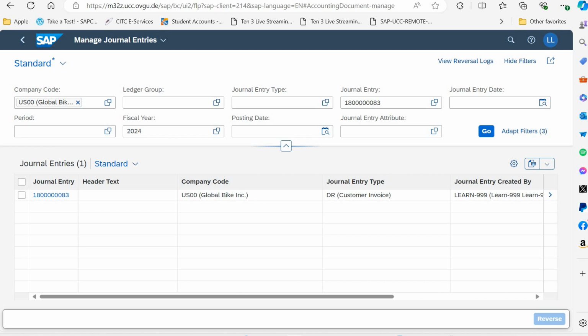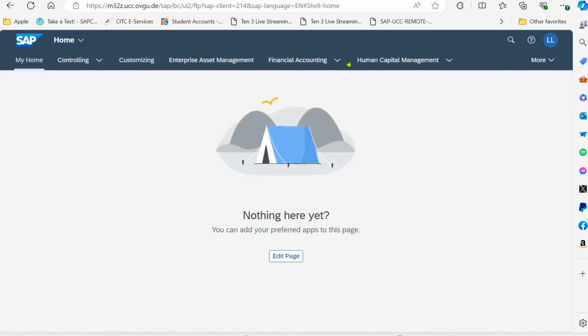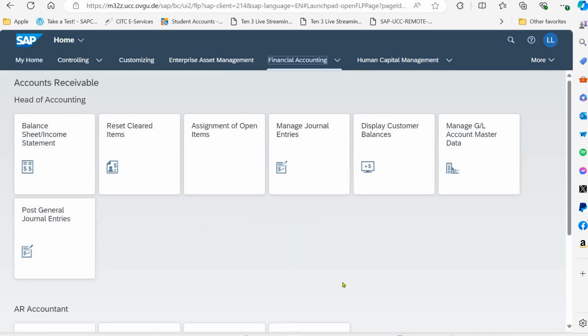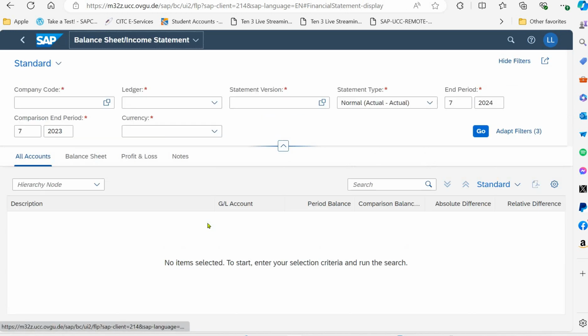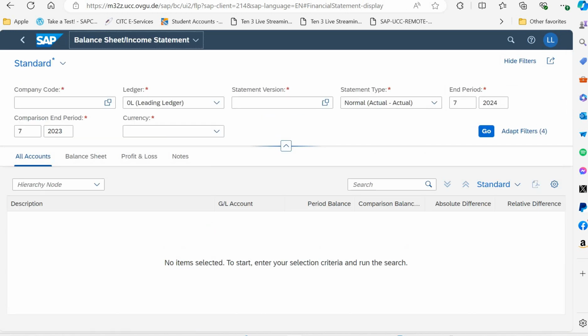Now they say that again this is sub step 3 in the same step number 6. To view the effect of reversal, please go to the financial accounting space and choose accounts receivable page. Okay, so we have to go out from here. Again, financial accounting, accounts receivable page, and here they are saying head of accounting section. Okay, and then balance sheet income statement tab. Okay, here what we are going to do,